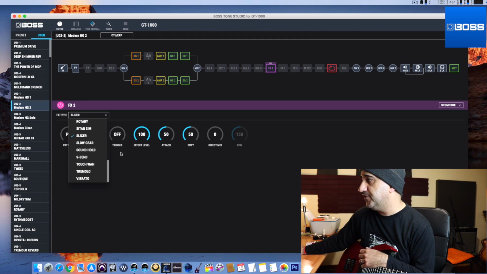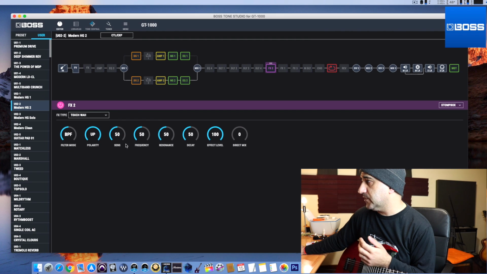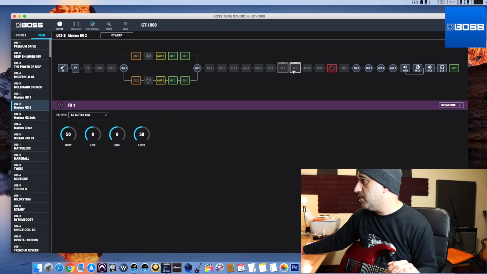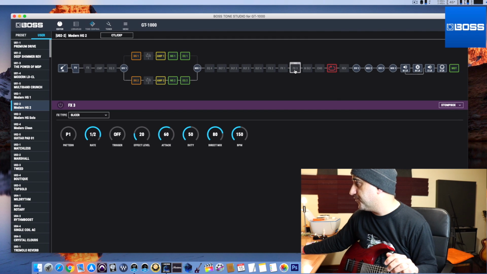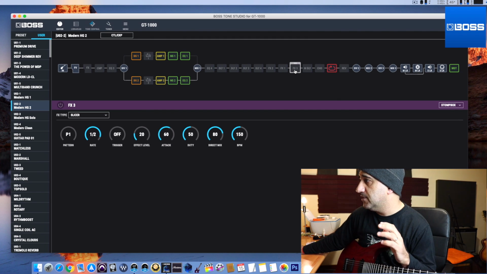So for each one of these effects, you have your own parameters to mess around with, okay? So it's very easy to use. I'm going to disengage it by just clicking here. Then I have effects 1, once again, effects 3, because there are 4 different models for effects, so no shortage